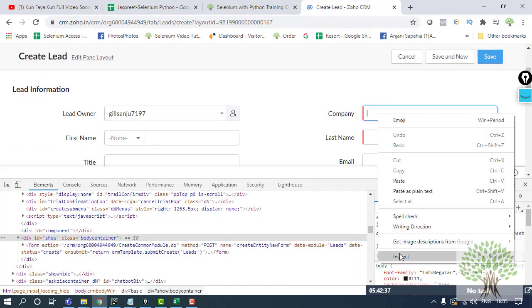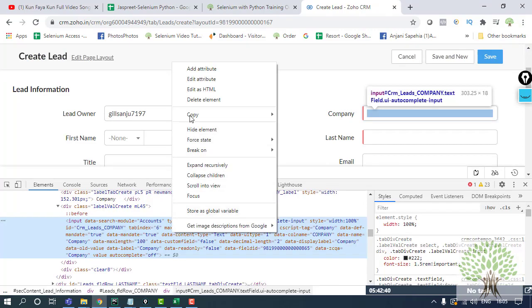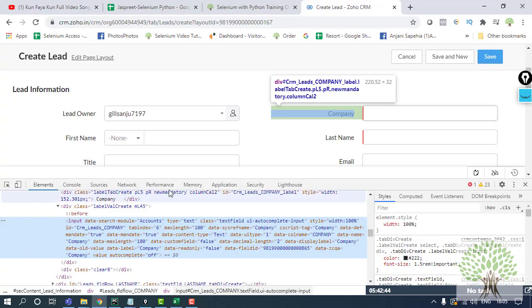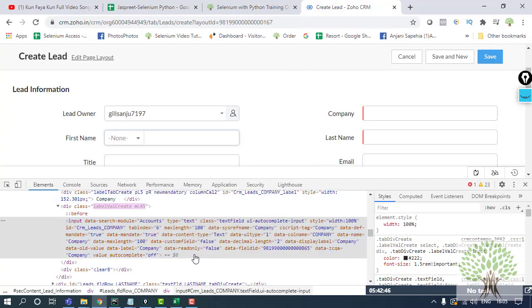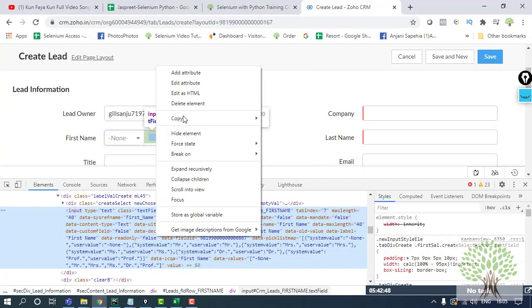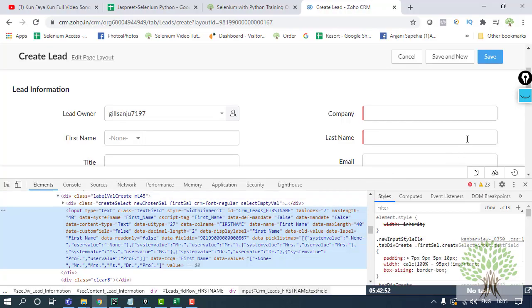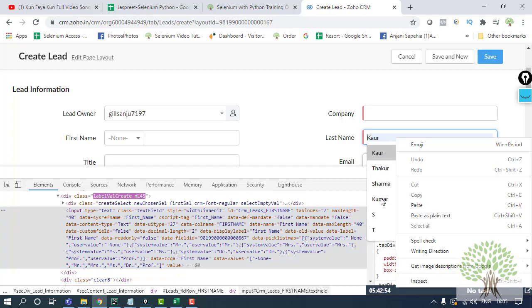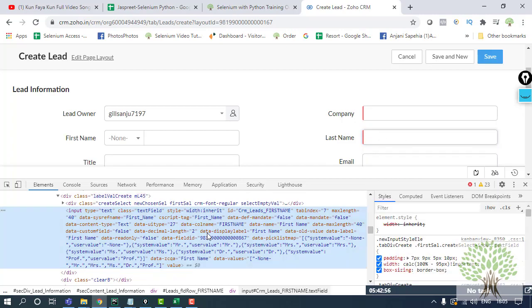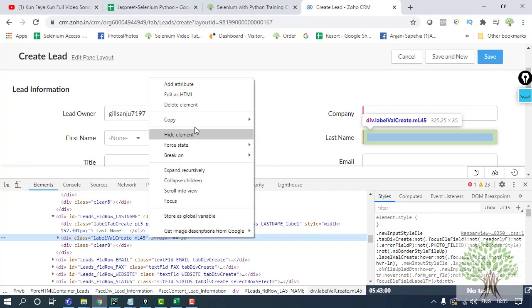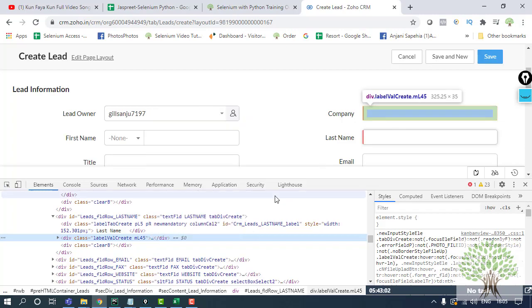So there are 3 details that I will be requiring. One is this, then I have this, and at the last I have this. So I'll get the XPath and done.